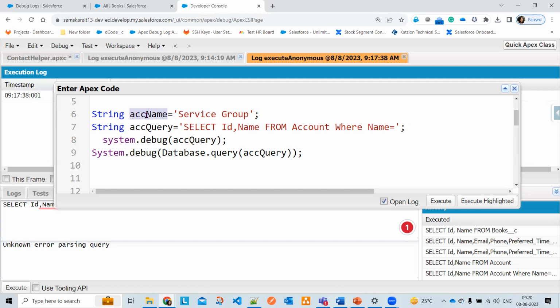If I want to concatenate the ACC name, I need to use the backslash, right? Escape or backslash, which I need to use. Right? So here I need to provide the double slash, in which I need to provide the ACC name. This is perfect. When I give this ACC name, it is coming as a string, but it is not coming as a string in single quotation. Now,